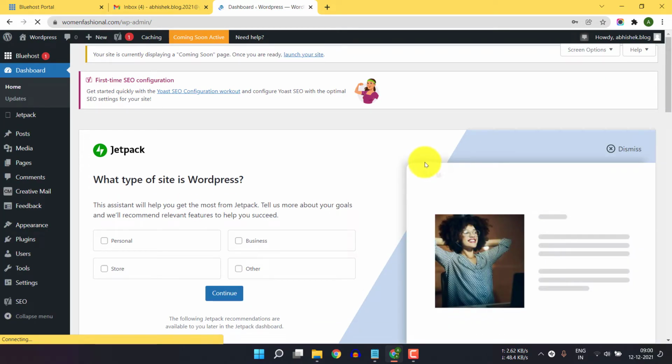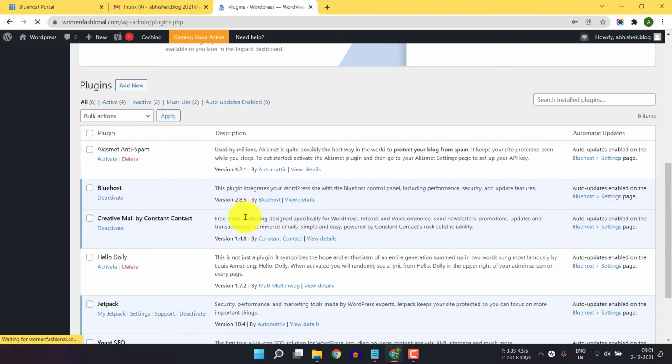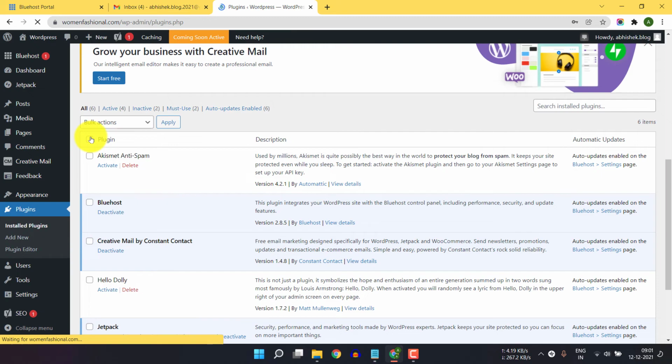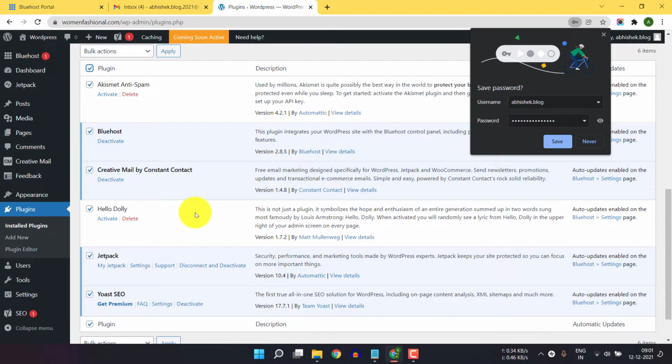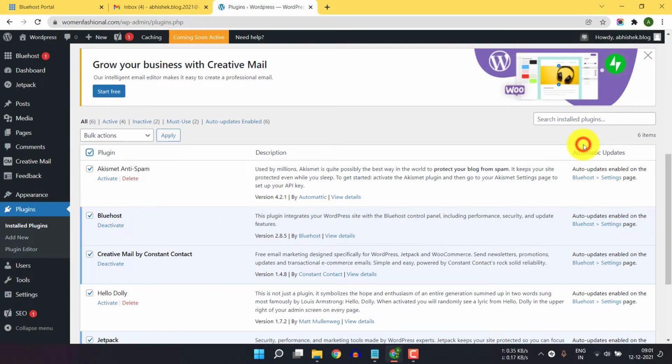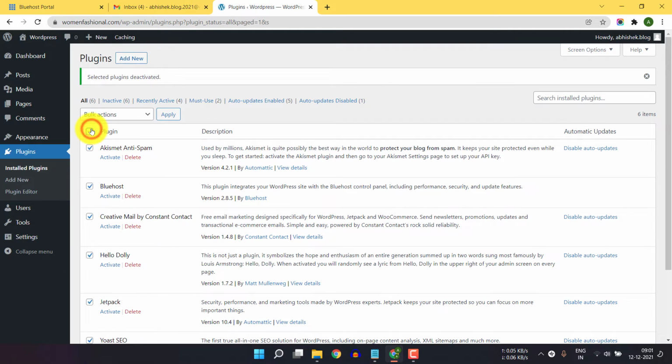and as you can see we have installed WordPress on Bluehost hosting, and by default Bluehost added some unnecessary plugins to your directory, so you can uninstall these. So I will click on this option, and I will delete all the pre-existing plugins that I don't need. So let me just click on them, and I will click on deactivate. Now click on apply. Okay, now all the plugins are deactivated. Let me just select them all and let me just delete them from here. Now click on apply.